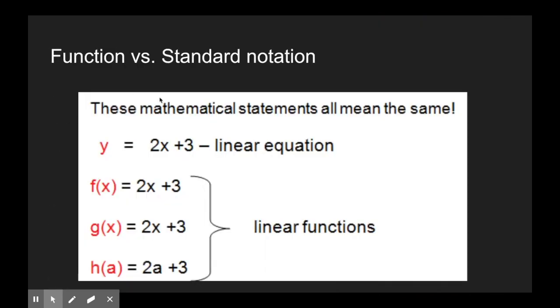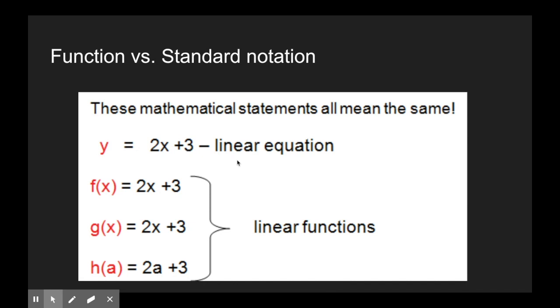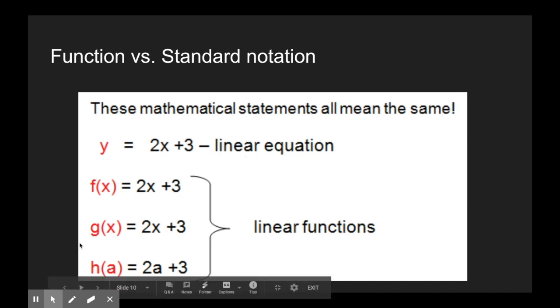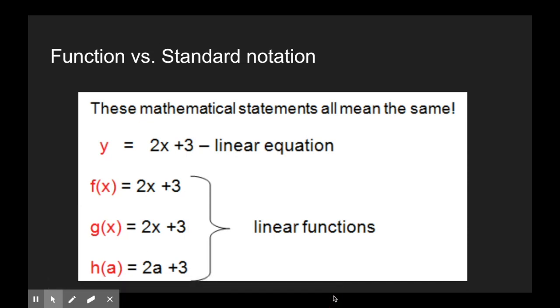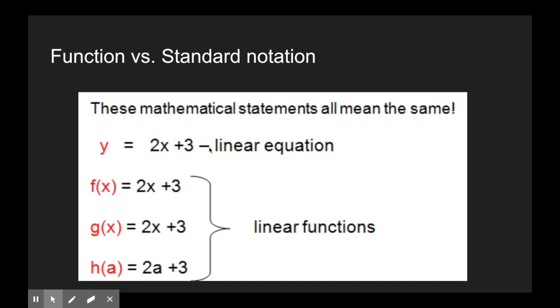I'll touch briefly now on function notation, okay? This is something that my students don't necessarily love, and I think that's fine because you spend so much time with this. This is what you're introduced to, y equals 2x plus 3. It's a linear equation. Awesome, okay? I don't want you to overcomplicate what function notation means, you guys. Function notation, f of x and y, they mean the same thing. They're outputs. They're the results. In y equals 2x plus 3, I plug something into x, and the result